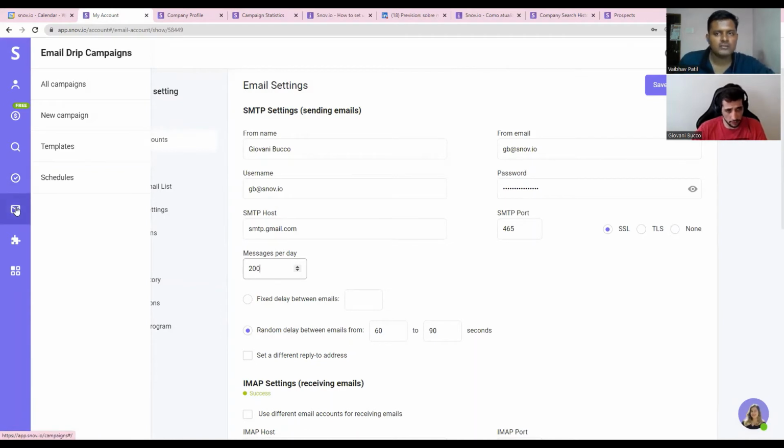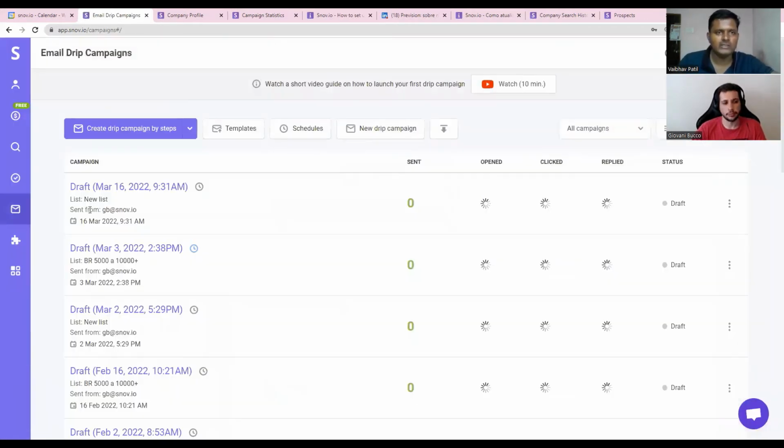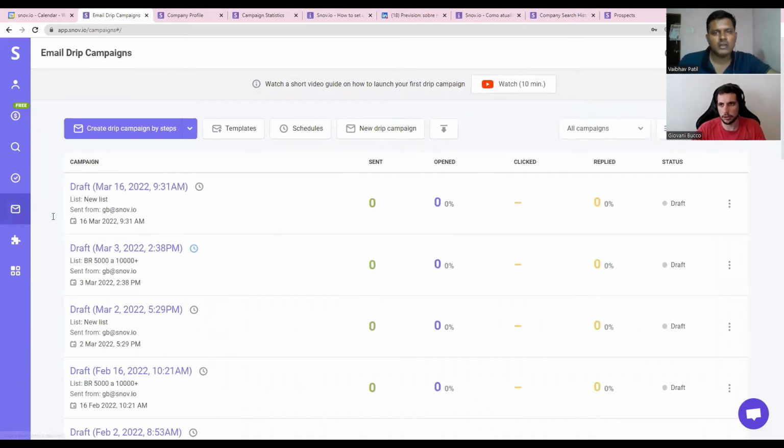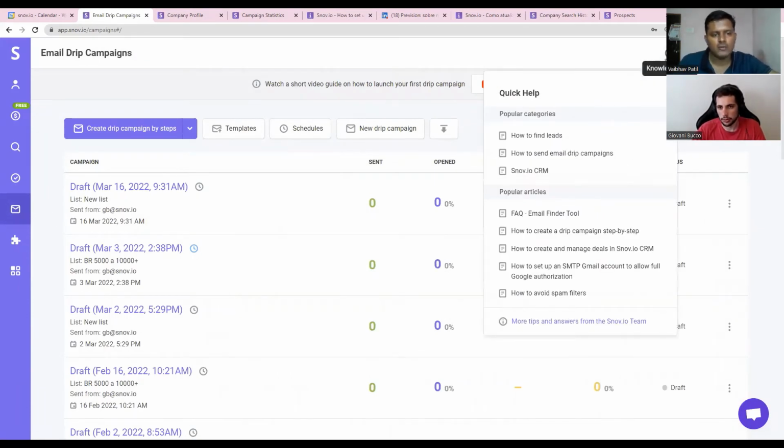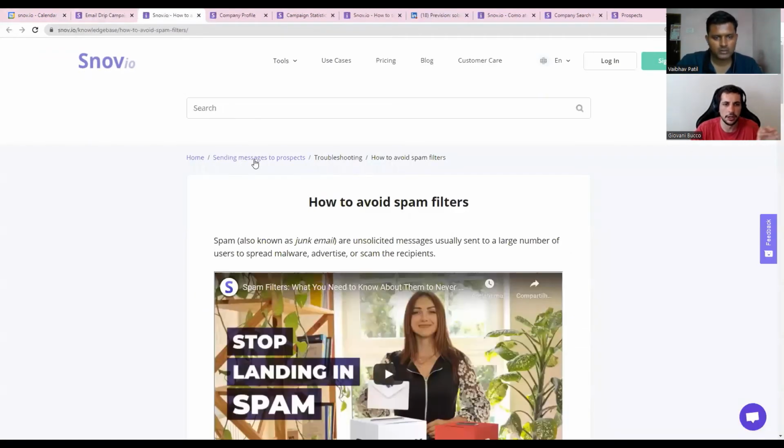If you just newly created the account of your Gmail or Workspace, then you need to go slowly. But if your Gmail or Workspace account is old, like 1 year old, then you can start. We have a really good post here on how to avoid spam filters. This is our knowledge base.